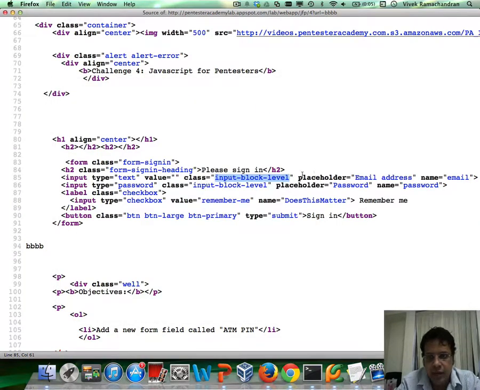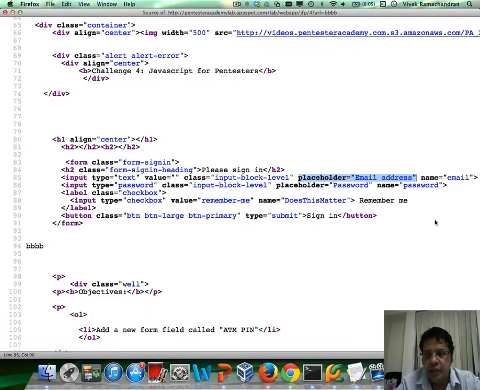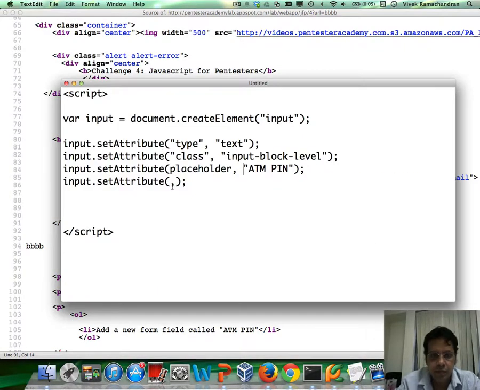After that we have the placeholder, so I can put in here, remove this comma, and say ATM pin, and then finally the name. So I can put in name in here, and name, let's call it ATM pin. All of this needs to be inside brackets. So what we're going to do,